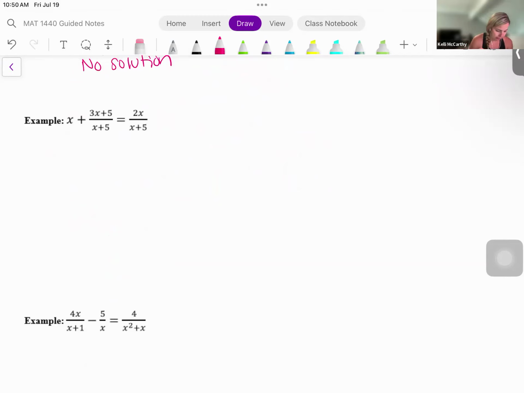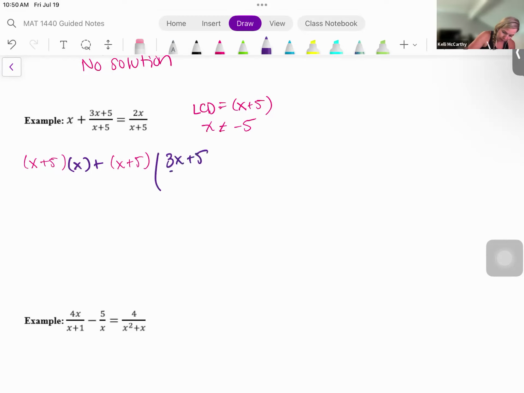x plus (3x plus 5) over (x plus 5) equals 2x over (x plus 5). Our LCD is going to be x plus 5. And our restrictions, x cannot equal negative 5. That's what makes either of those two denominators equal to 0. Multiplying through by my LCD, we have (x plus 5) times x plus (x plus 5) times (3x plus 5) over (x plus 5)